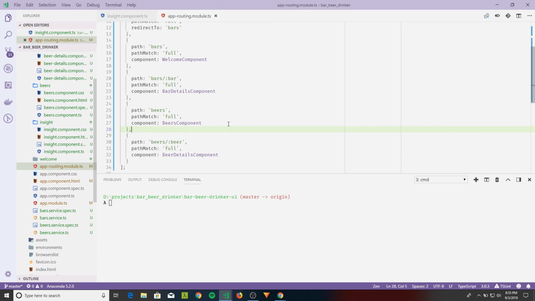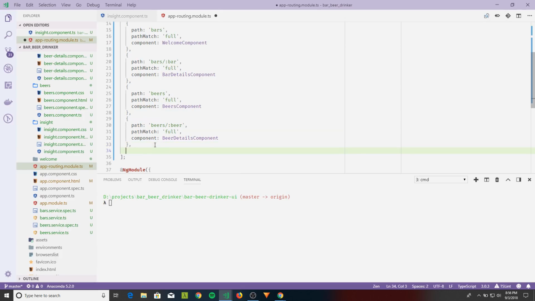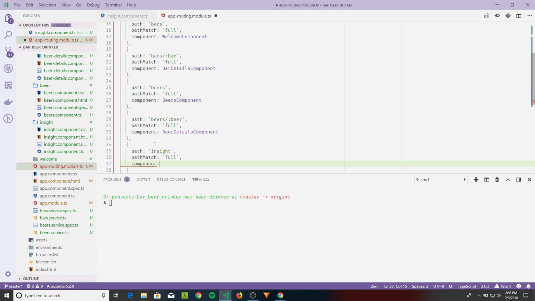We'll also need to make sure that we add the route to the routing module. So insight, insight component,